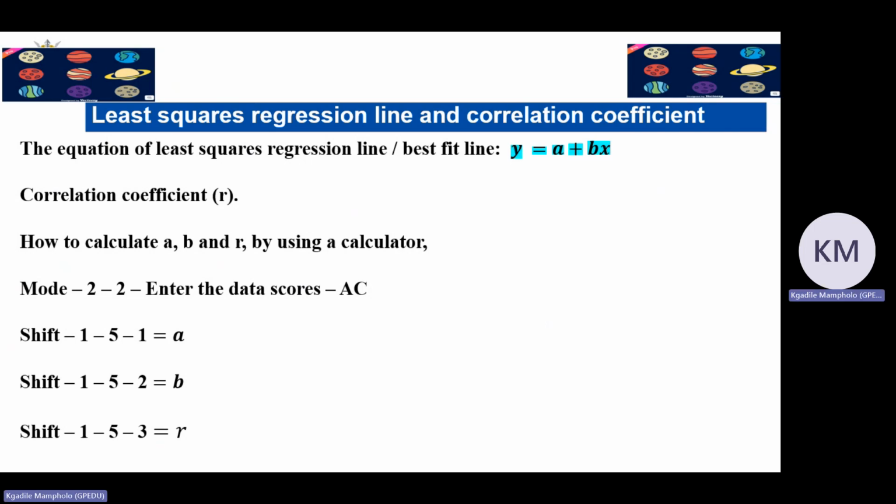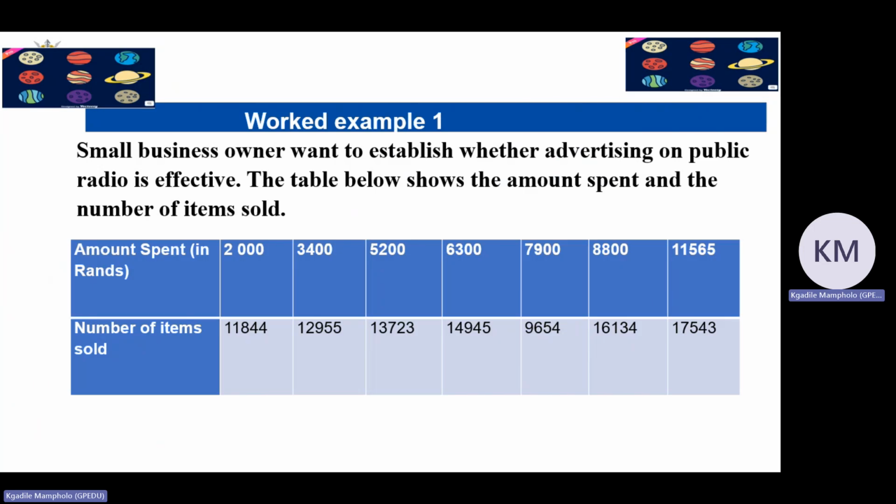On your Casio, press Mode, then option 2, and option 2 again, and you'll get two columns. In the first one, enter 2,000 equals, 3,400 equals, 5,200 equals. When you are done with the column on the left-hand side,